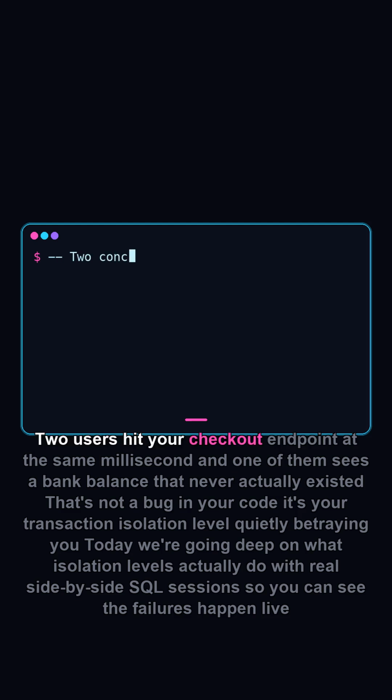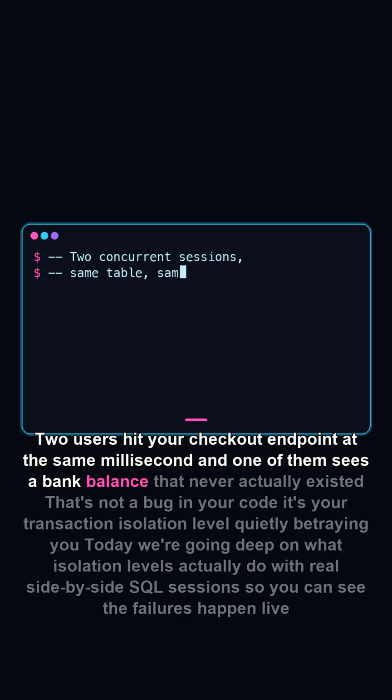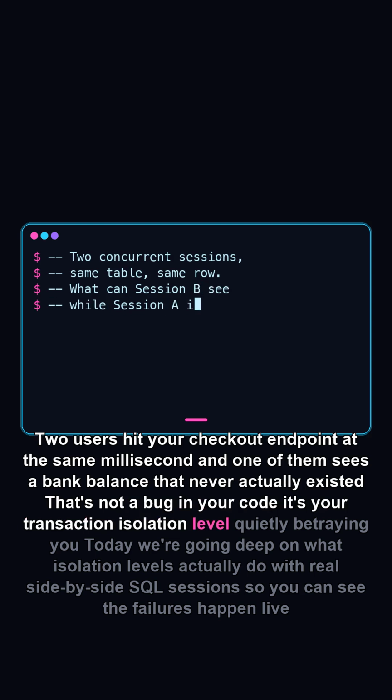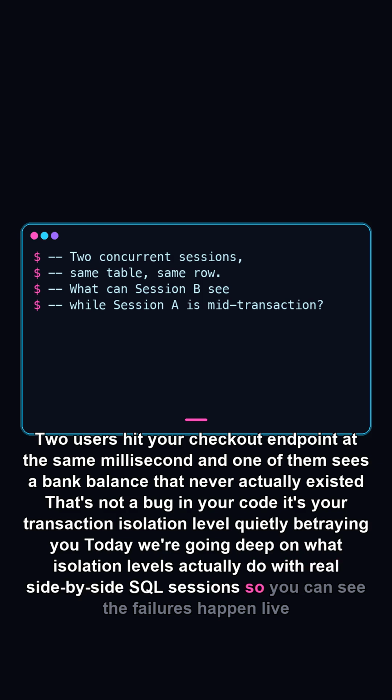Two users hit your checkout endpoint at the same millisecond, and one of them sees a bank balance that never actually existed. That's not a bug in your code, it's your transaction isolation level quietly betraying you. Today we're going deep on what isolation levels actually do, with real side-by-side SQL sessions so you can see the